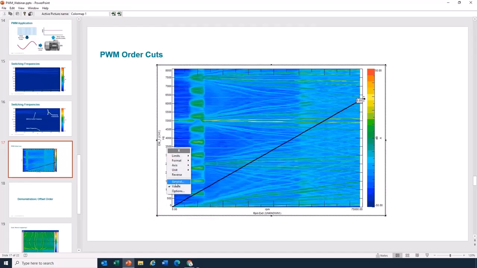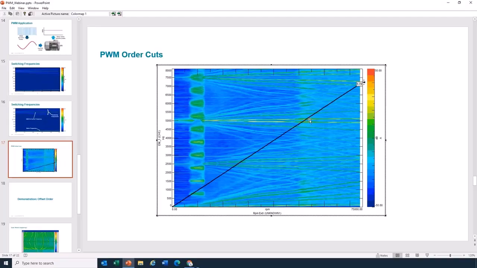If I want to analyze that, I did put on the numbers there. If I want to analyze this 5,000 hertz PWM signal, my order cursor doesn't quite line up. It goes through 0 here always. Exactly. What do I do, man? It'd be nice to have a feature to maybe offset that. Offset it. What do you mean by offset? So that it's centered through that carrier frequency, 5,000 hertz would be good.